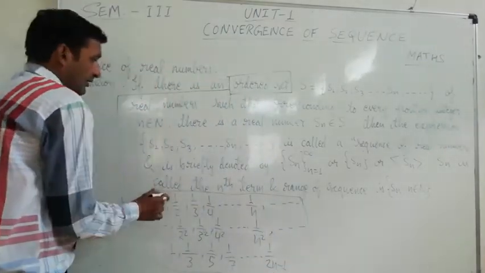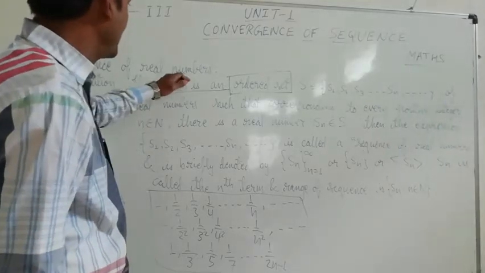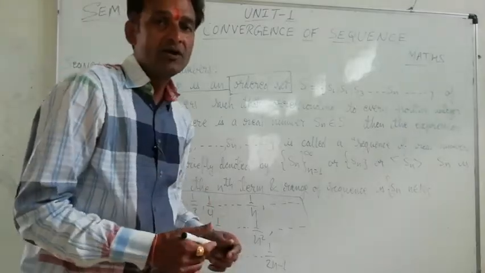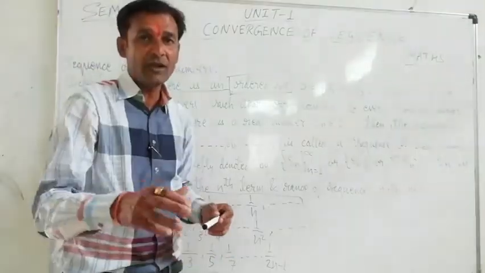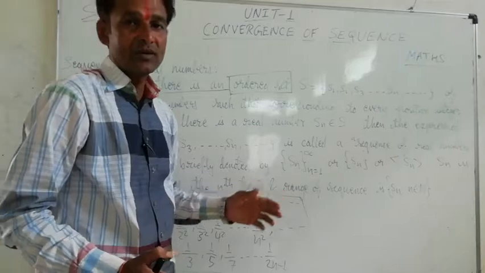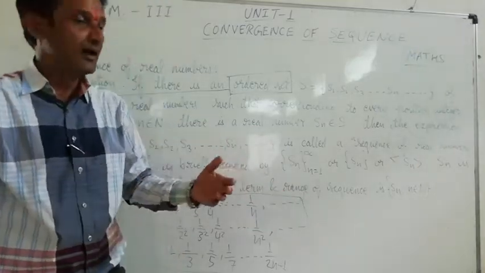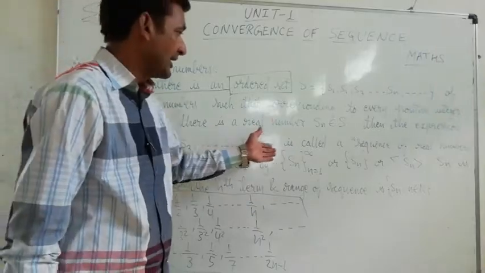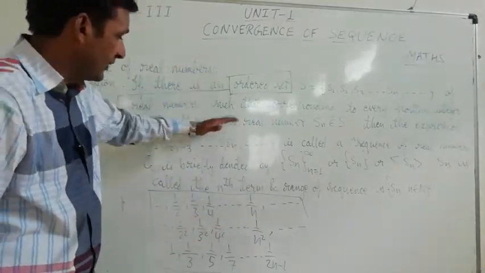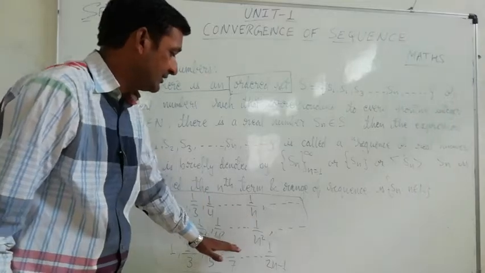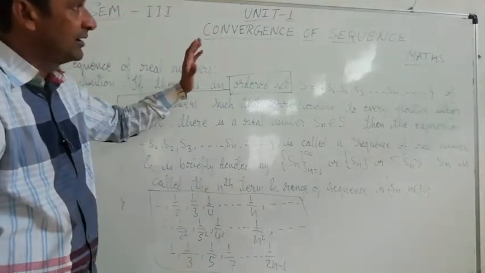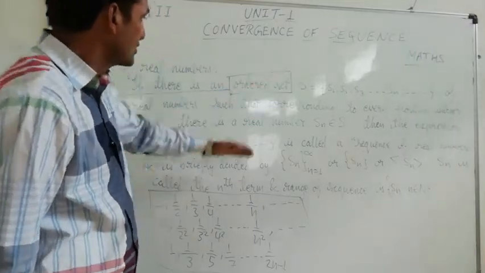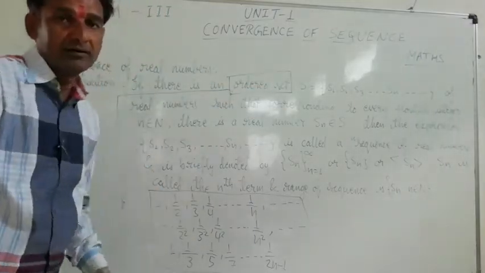And this is only the introductory part of the chapter on sequences of real numbers. You have studied many types of sequences, such as arithmetic sequence or arithmetic progression, and geometric progression or geometric sequence. Like that, one particular ordered set should be there for this. Up to here, this particular part is over.